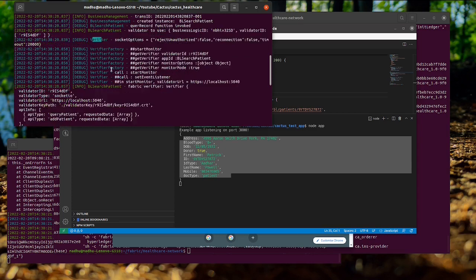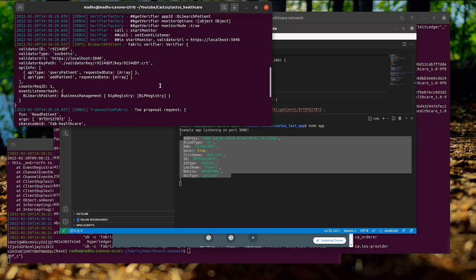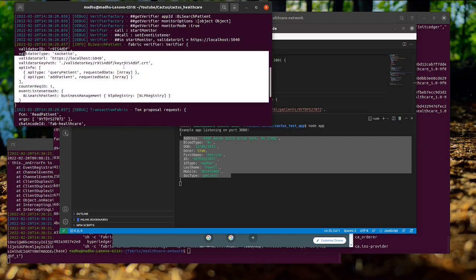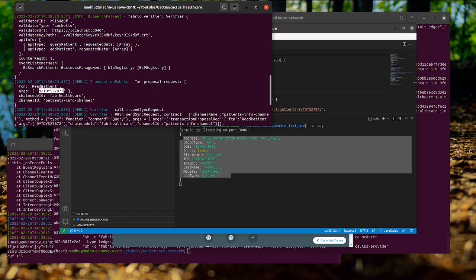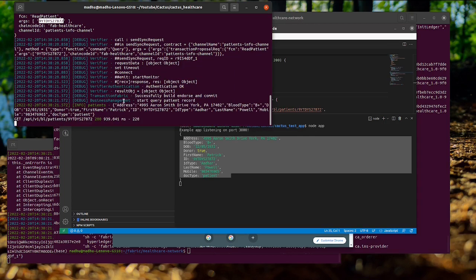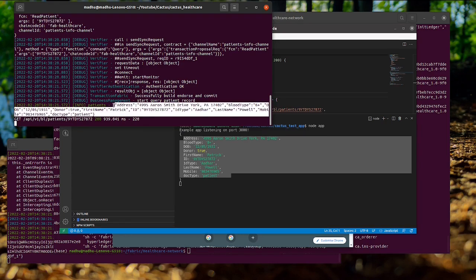Using the verifier factory it is creating a verifier object, and this is the fabric verifier, the content of the fabric verifier, and then sending the transaction proposal. As an argument we are sending the patient ID, and then from the verifier it is sending a request to the web socket, and from there it is getting the response, the patient record.